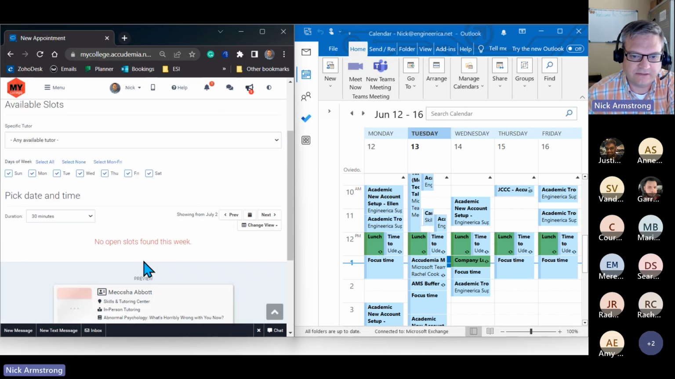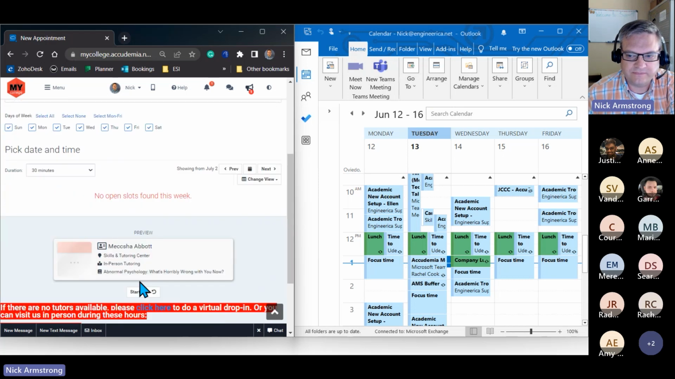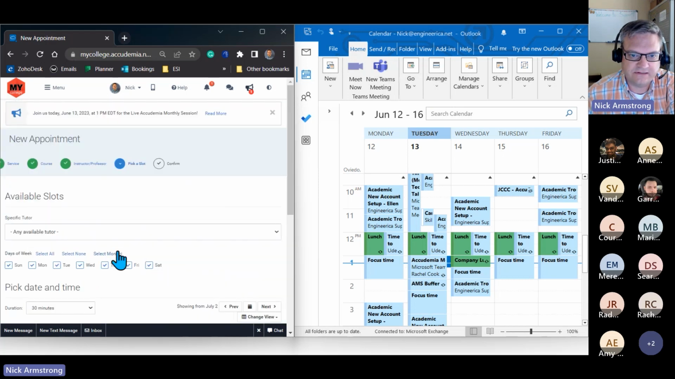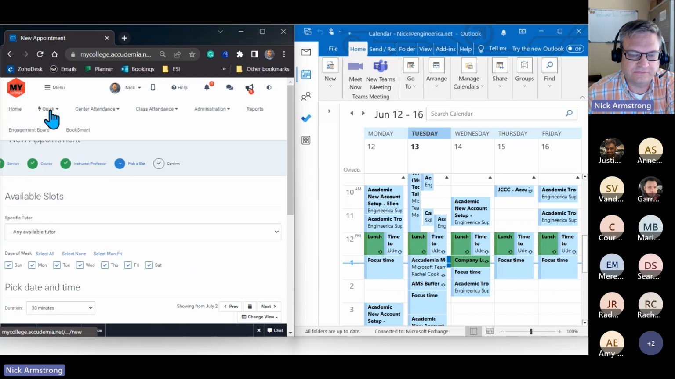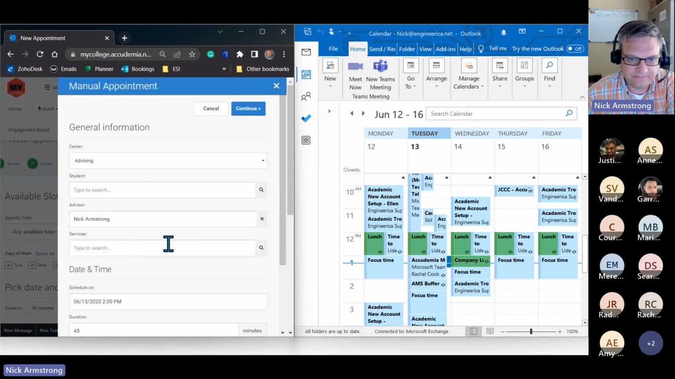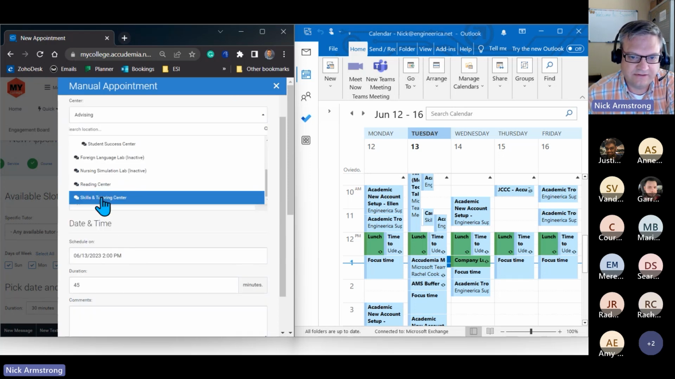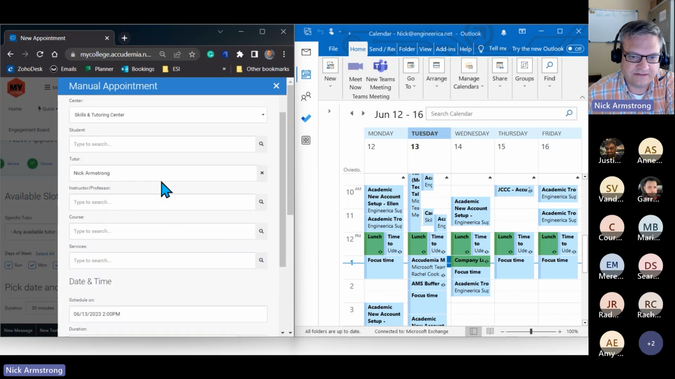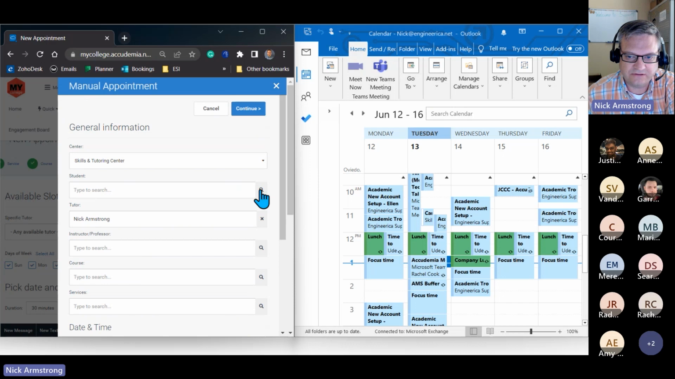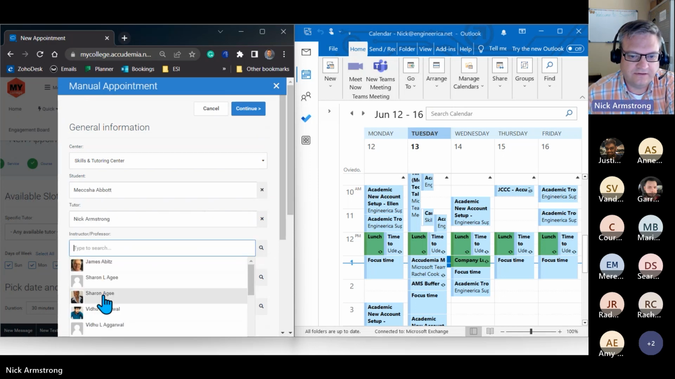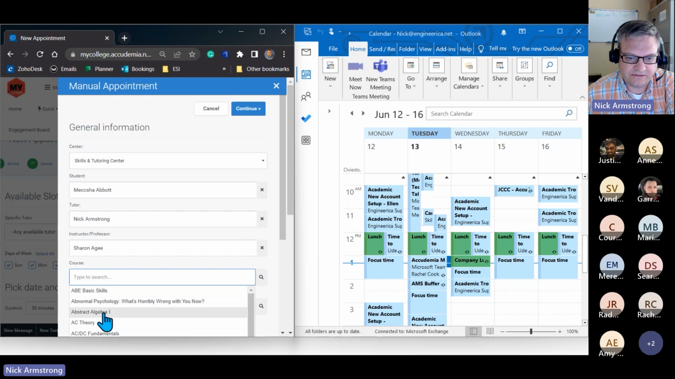Okay, and I see that I'm not available. It could be because I have existing things. So what I'm going to do just to make this work is we're going to do just a manual appointment. Normally you wouldn't have to do that, but I do actually have things on my calendar. So let's go ahead and do that for the center with me as the tutor. I'll pick that same student. We'll pick a professor and a course